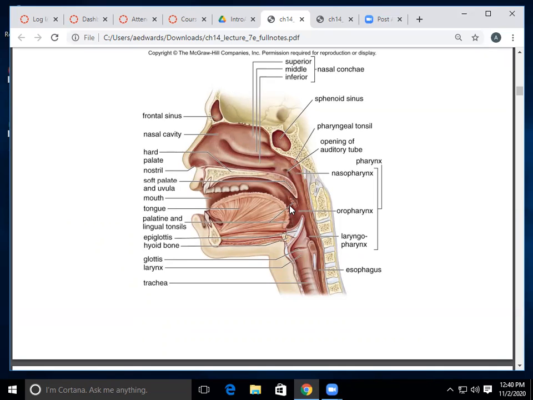Air can get down to your larynx. You have this area called the pharynx, which is made up of your nasal pharynx, near your nostril area or nasal cavity. Oropharynx, short for oral or mouth. Okay, and the laryngeal pharynx, near the larynx. Okay, this other area, that's your esophagus, that's where the food will go. Air goes through the trachea, food goes through the esophagus.